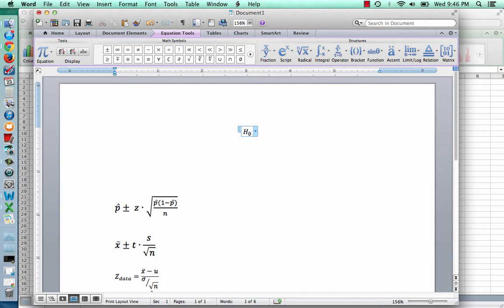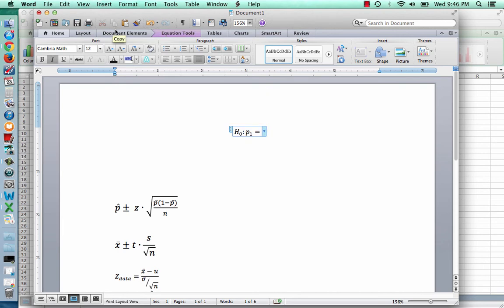Remember, if I press equal right there, the equal will be down in the subscript. We don't want that, so I'm going to backspace. To get out of that, I just press the right arrow key, and then I'm out, and I press equal, or sorry, I want to do a semicolon, and then I might need to do like mu equal to 5, or p equal to 0.50, or how about p1 is equal to,